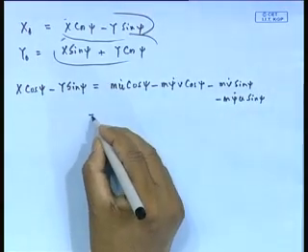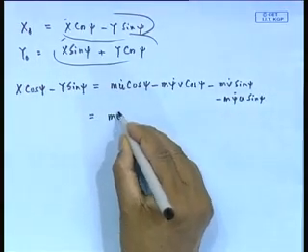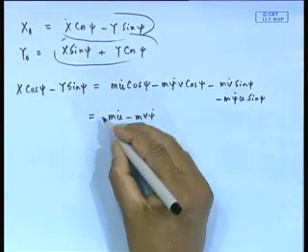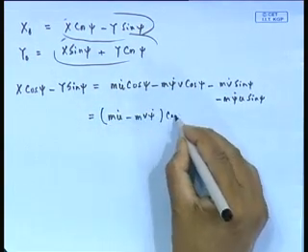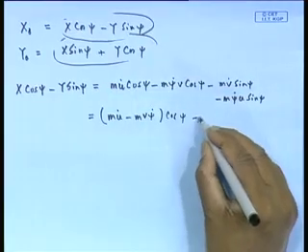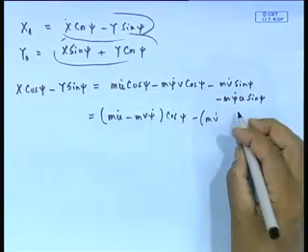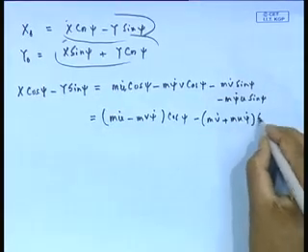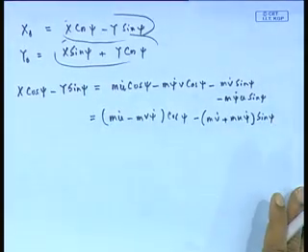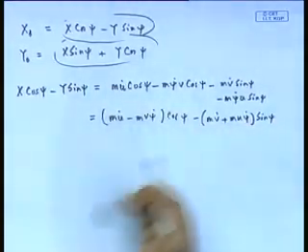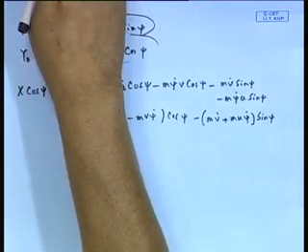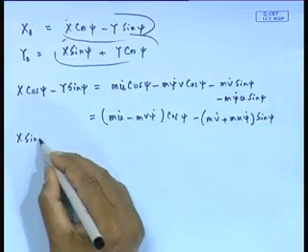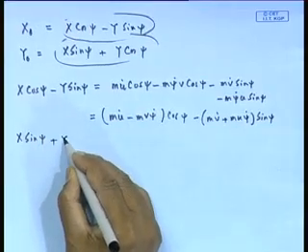So, we can also write this as m u dot minus m v psi dot, times cos psi, minus m v dot plus m u psi dot, times sin psi. It is just manipulation. The other part is x sin psi plus y